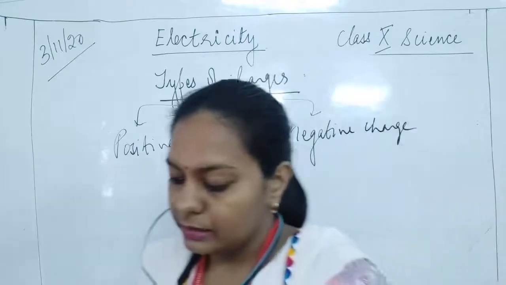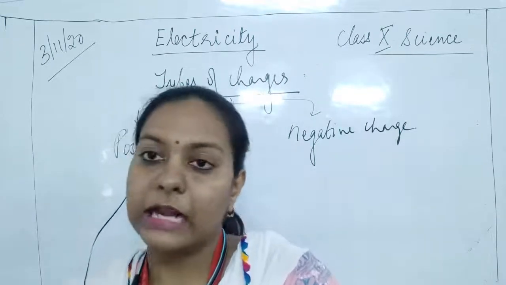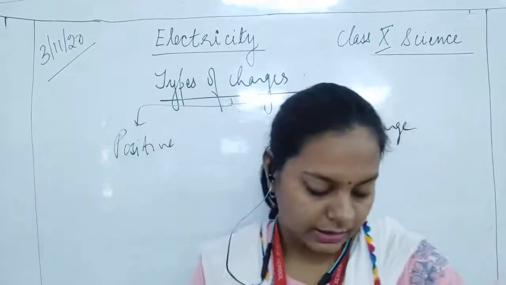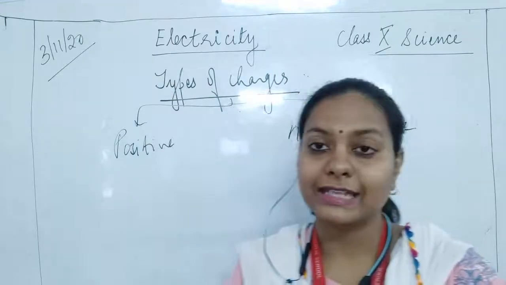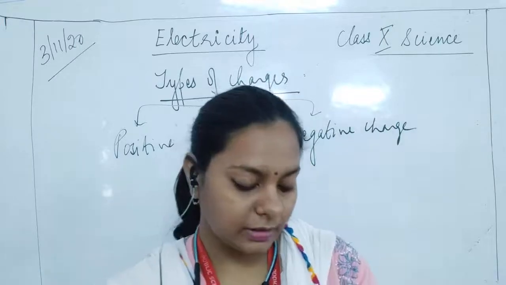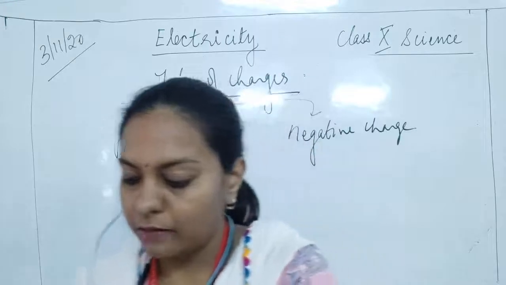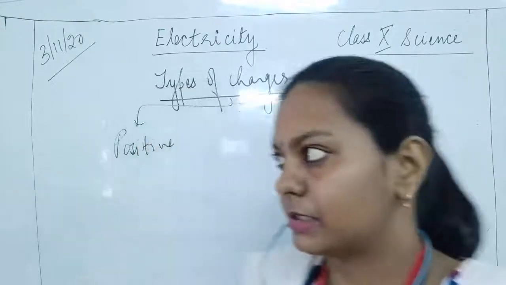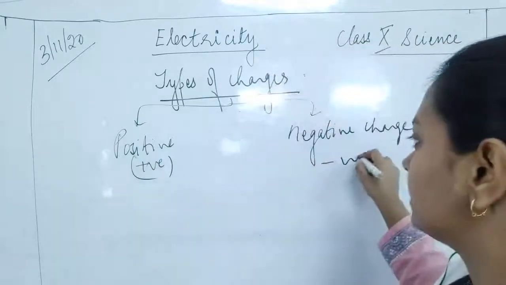Okay, then by convention, the charge acquired by a glass rod rubbed with a silk cloth is known as a positive charge, and the charge acquired by an ebonite rod rubbed with a woolen cloth is said to be negatively charged. So what are the important properties of the charges in that? So opposite charges, what do you mean by? So I said it is positive charge and negative charge.